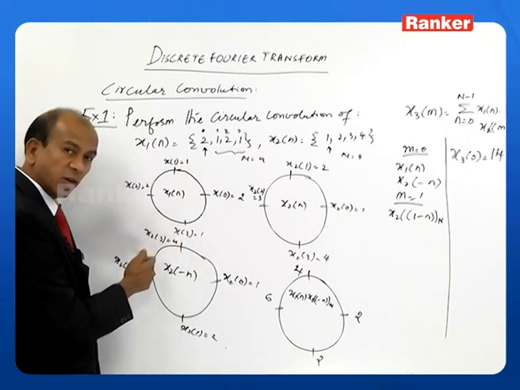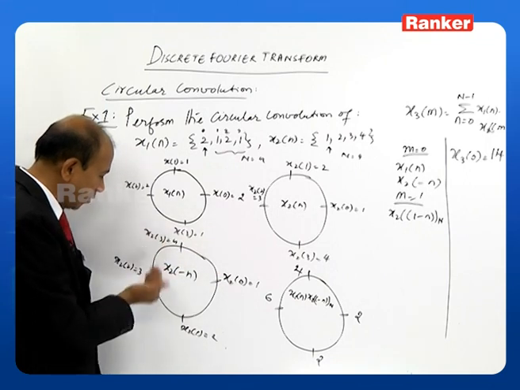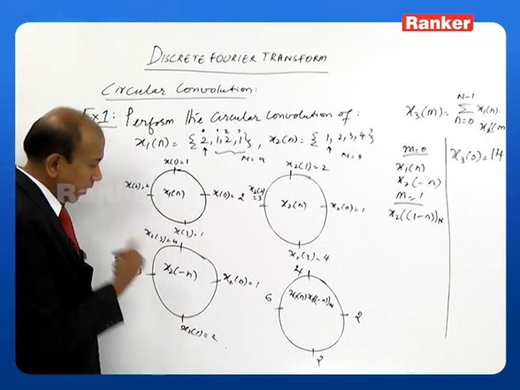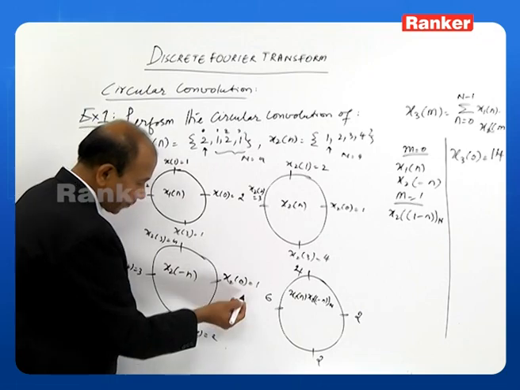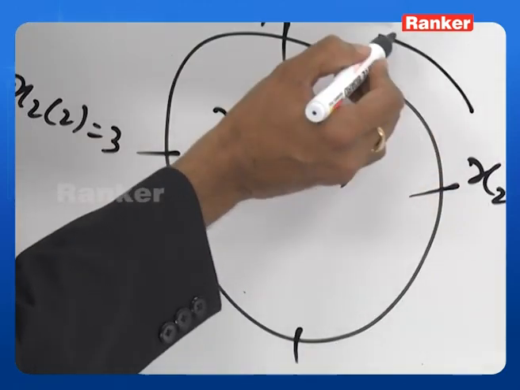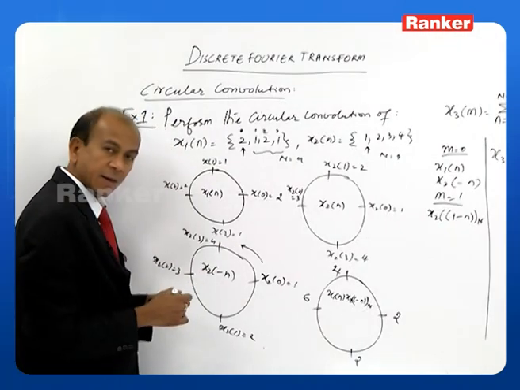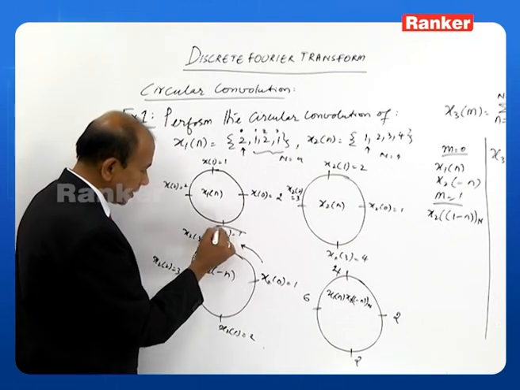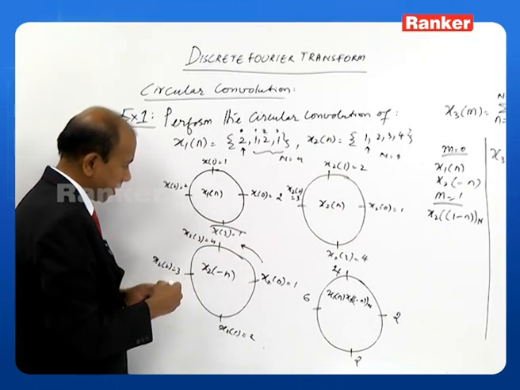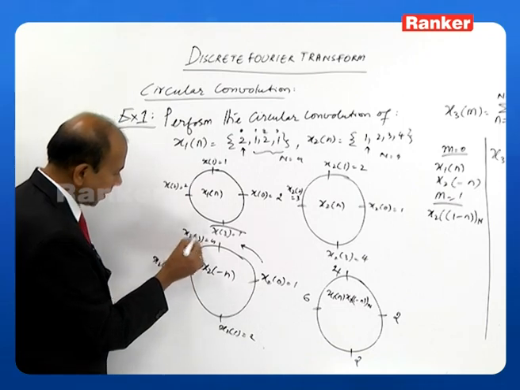This will move anti-clockwise, isn't it? So this will move here, this will move here, this will move here. So what I'll do is I'll put this one here. So what will happen? Now this will become